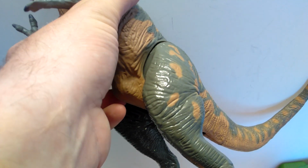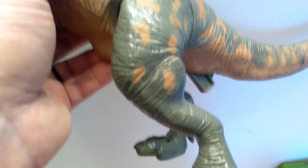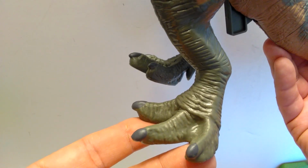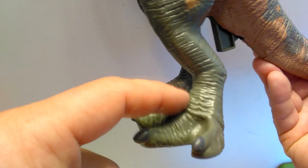You can pick out the kneecap a little bit there in the front. For some reason, the legs have a glossy appearance, but the rest of the body doesn't really have that. I don't know why, but that is exactly what's going on here. Once we move down into the foot, you can again see some nice detailing as we lead down into the